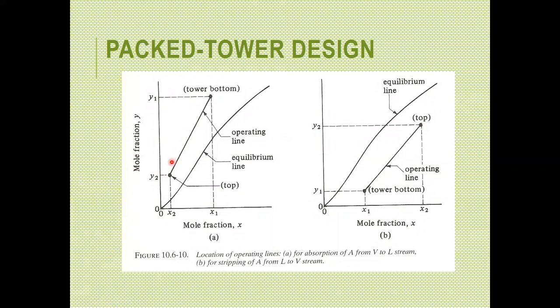Why do I need to inform you that the operating line for gas absorption should be on top and this one should be at the bottom? It's very important for you to know that, because when you use the graphical technique in answering for the number of stages for your column, absorption or stripping, for you to know how tall or high it is, it's important that you know where your operating line is located. That is if you're using the graphical technique. If you're not using the graphical technique, it will not have any implication, because all you have to do is just solve using an equation.